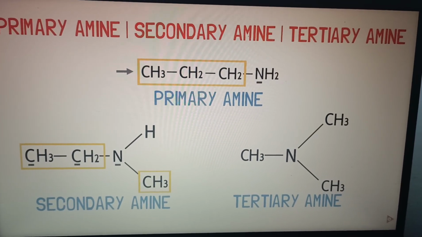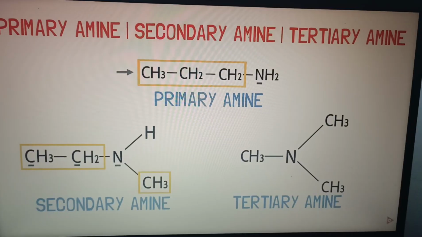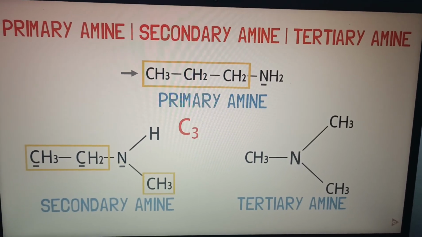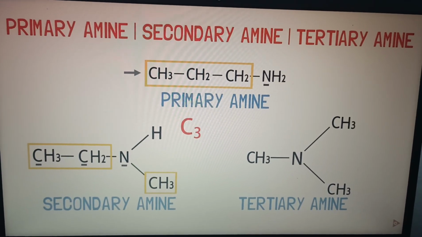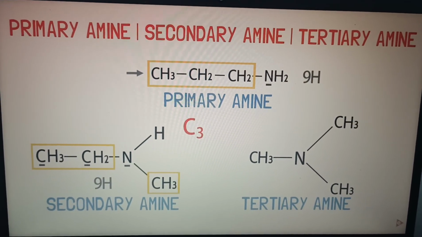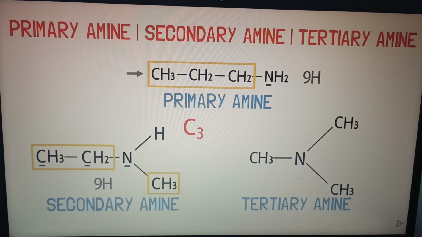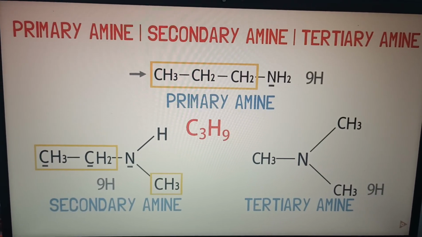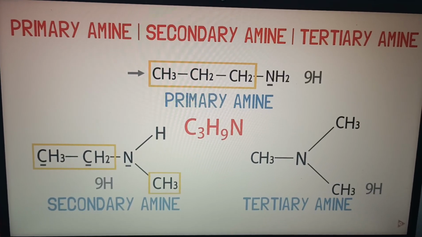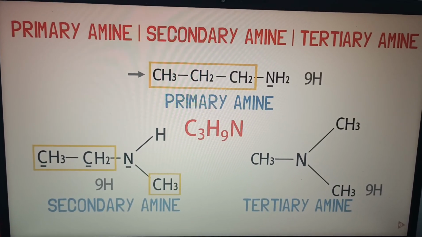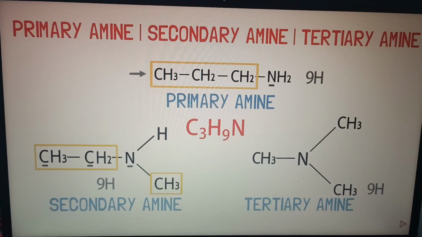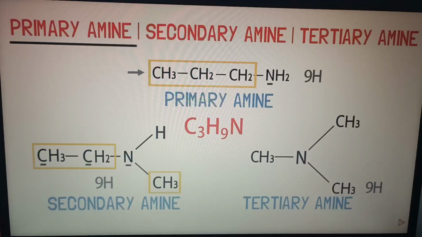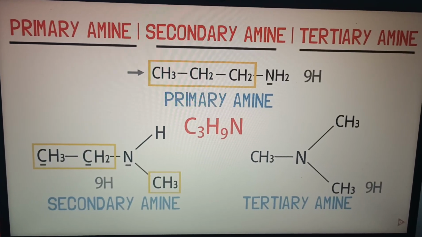In these three structures, there are three carbons in total. So this is C3. In all three amines, how many hydrogens are there? The first one has 9 hydrogens, the second one 9 hydrogens, and the third one also 9 hydrogens. So it is H9. How many nitrogens are there? There is one. So C3H9N. Their molecular formula is C3H9N, so all of them are isomers. So these are the primary, secondary